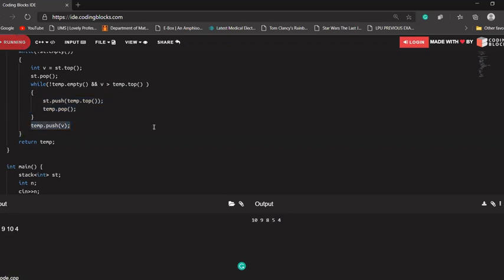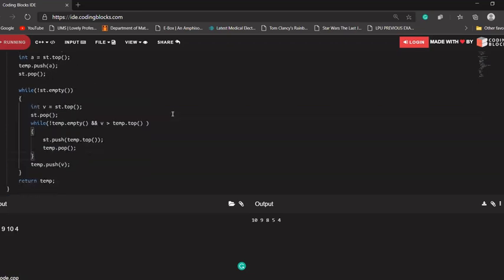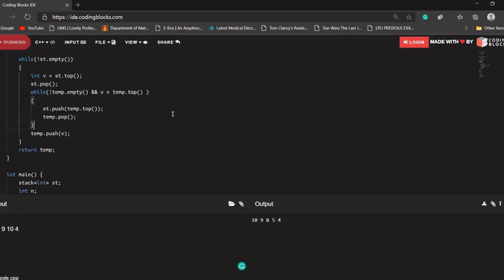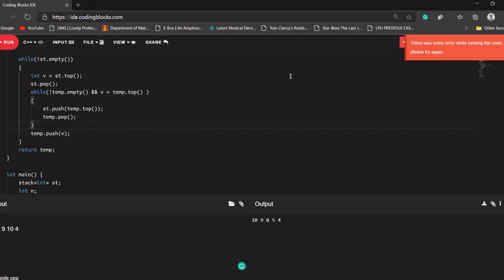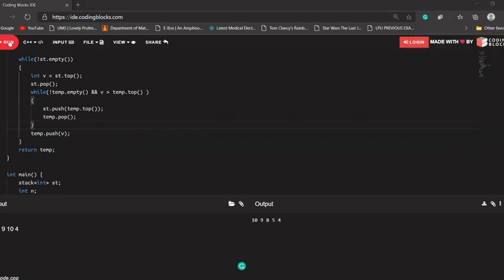Let's see what output comes. Just wait for output. Not getting the output, so there is some error. Let's run it again. Okay, we are getting the output right.